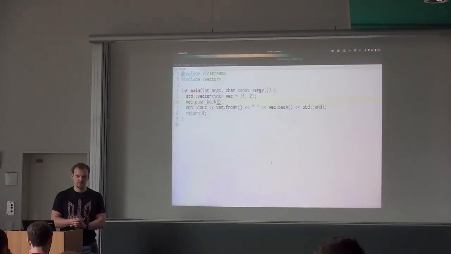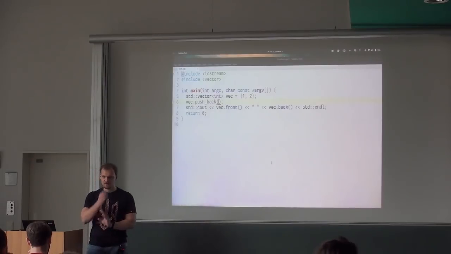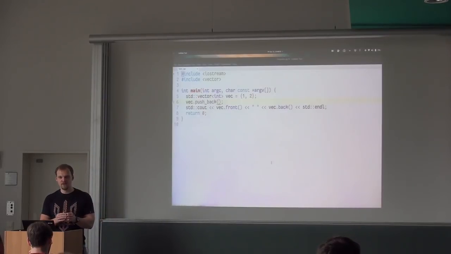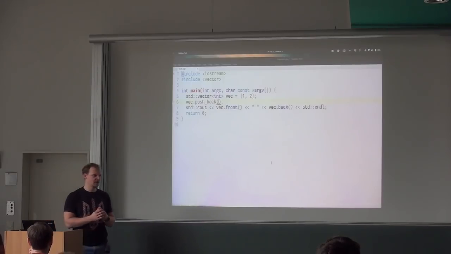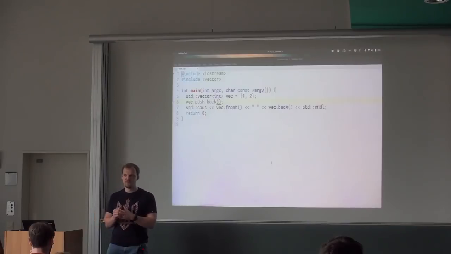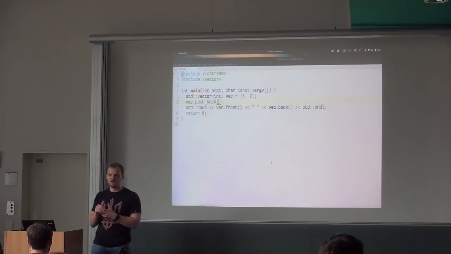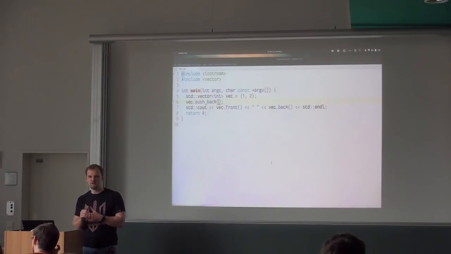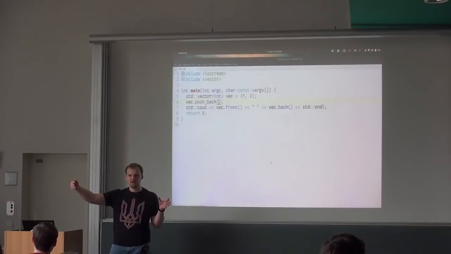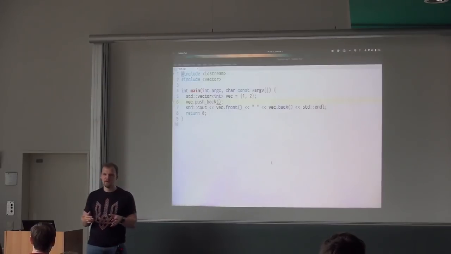Yeah. How can you add a value between 1 and 2? So there is an insert function in a vector, but generally you don't really want to use it because it's not really efficient. So generally you should think about a vector as something that grows from the back and shrinks from the back.